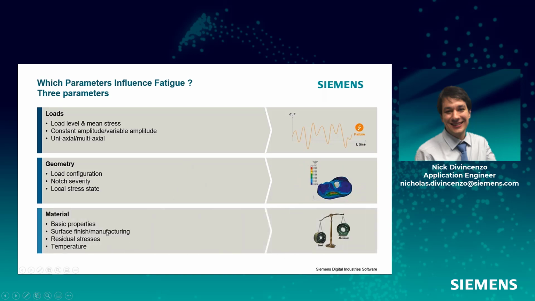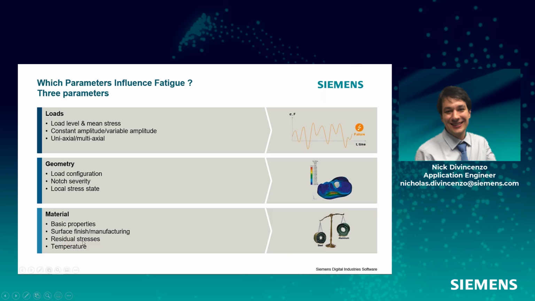And then finally, the material properties. The basic properties of the material, like the ultimate tensile strength and Young's modulus, the yielding point of the material, and then things like what's the surface finish on the material, or how was it manufactured? Things that are polished, for example, don't have as many stress concentrations as something that has a more rough finish, and so a polished material would have a better fatigue life than something that is left unpolished. A material can also have residual stresses due to the manufacturing process. So if it has a residual tensile stress, that part will fail more quickly than one without that tensile stress.